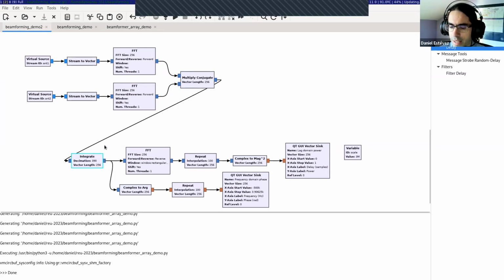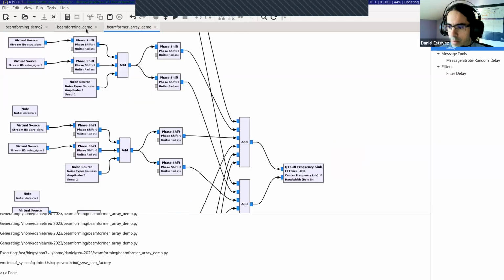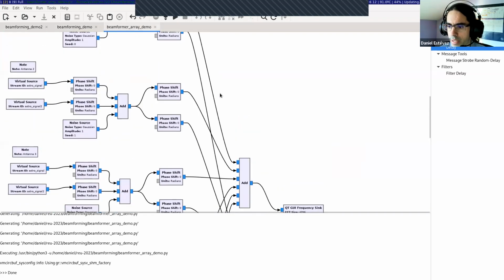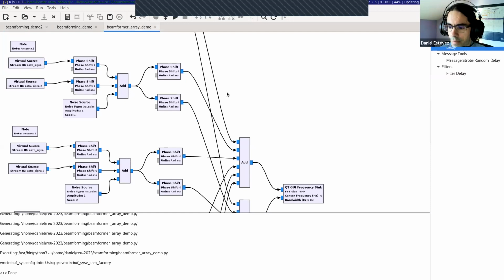And then we can apply the Fourier transform to the output of those correlations, the 2D Fourier transform. And in that way, we get a map of the sky. That's the way of basically achieving beamforming at the same time